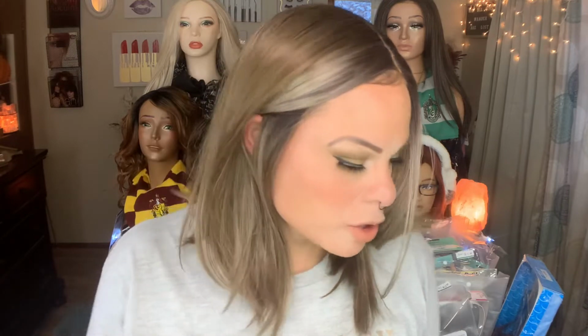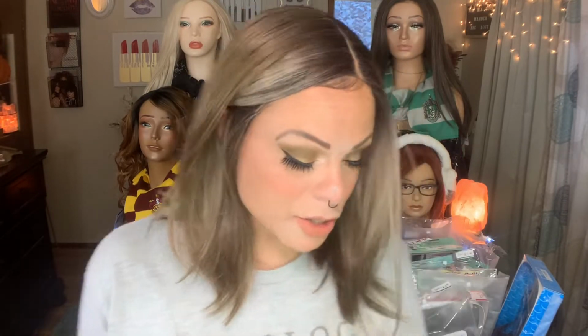Today I have a wig haul for you. It's from two or three different places. So let's just get right to it because we got wigs to haul. Okay, so this one is first. This wig,